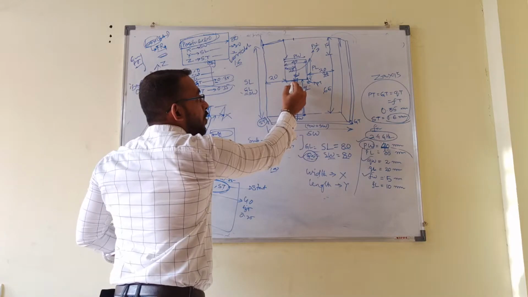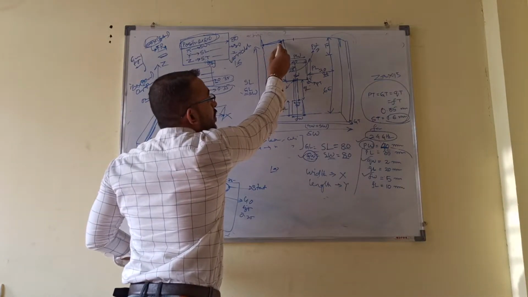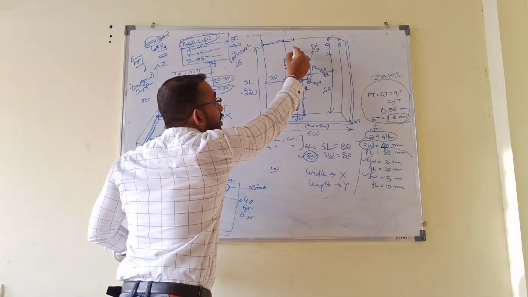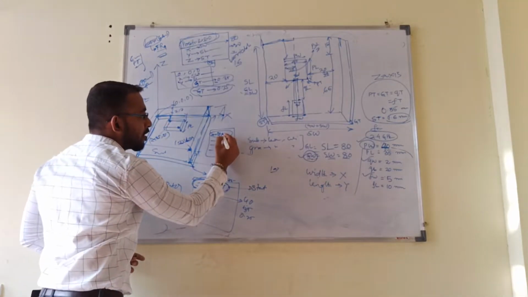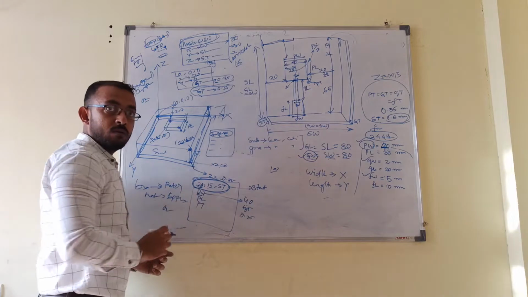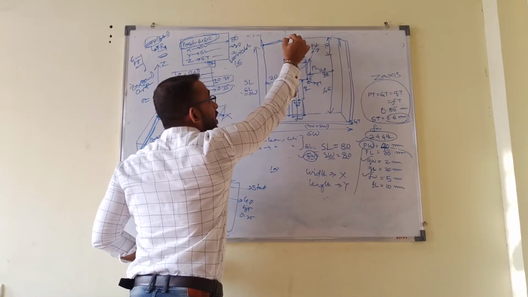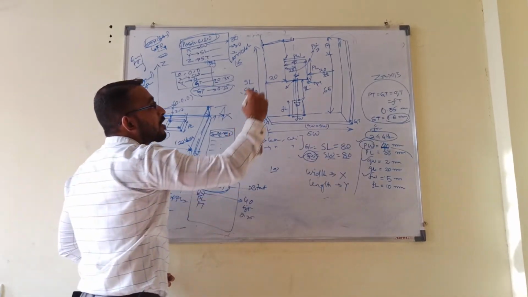To find the coordinate of this point in the x axis, I have to move a distance of 20 plus PW by 2 to reach the center, then move back, minus QW by 2. Got my point? That's it, only in the x axis I reached this point. Then comma, in the y axis I have to move